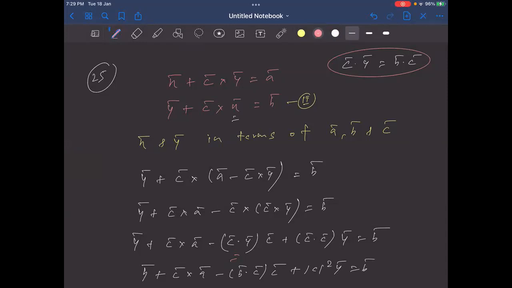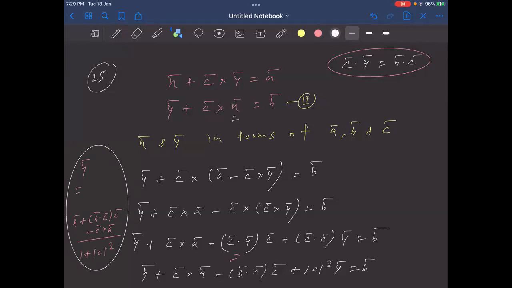Vector y we got, आ जाएगा ना वेक्टर y, कुछ इसको सॉल्व करके उस सारे को उधर भेज देंगे, b प्लस b डॉट c इंटू वेक्टर c माइनस c क्रॉस a बाय 1 प्लस मॉड c के स्क्वायर। इज इट वेक्टर y? आ गया वेक्टर y का वैल्यू, ये बताओ। आ गया वेक्टर y, बोलो एबीसी के टर्म में।